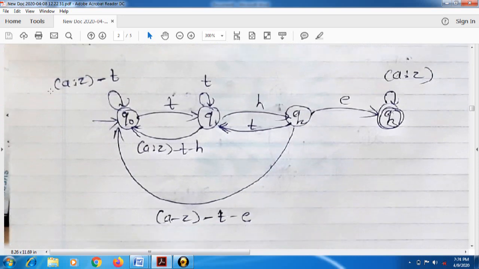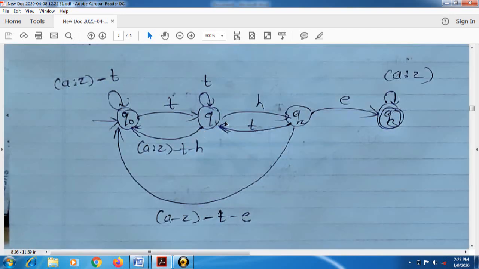Now I have here minus T for this loop because we are moving from Q0 to Q1, and this is the one input which goes to the next state, that is Q1. So that's why while drawing the DFA we do not repeat such inputs. Now see, I have written here Q0 to Q1 by T, so we have to remove that. Otherwise it goes to NFA. That's why whatever occurrence happens in that state, we have to remove that part.